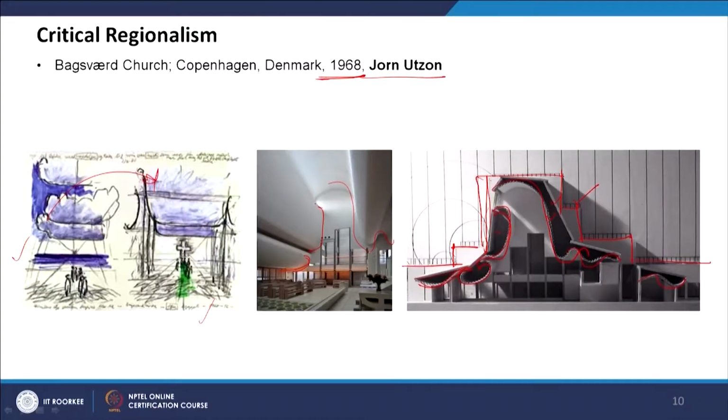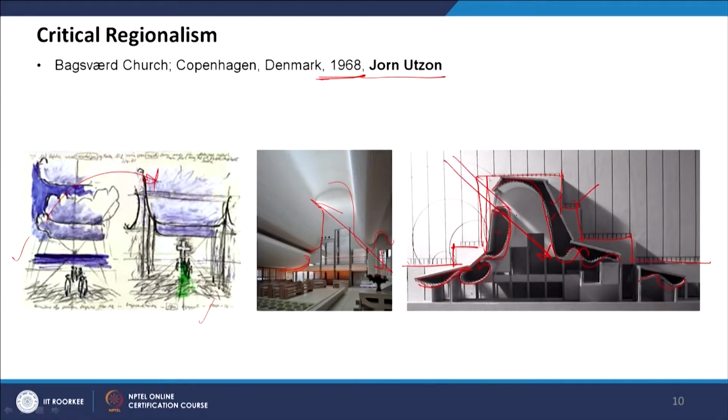So the sunlight will come through the cloud, and this is dependent on nature. When the sun comes, only then will the sunlight come into his design, and this is taking the natural element, which is the sun and the sunlight, into the design, and that is playing a role in his design. This sunlight which he is taking from outside is taking the natural element into the design. That's why it becomes a critical regionalist building.